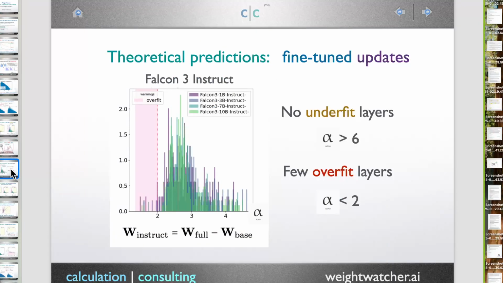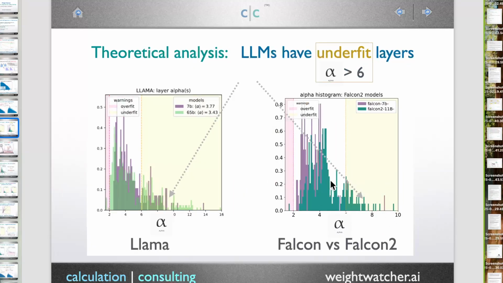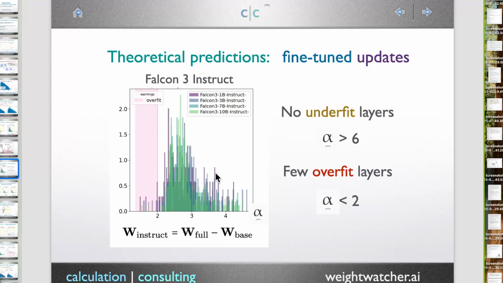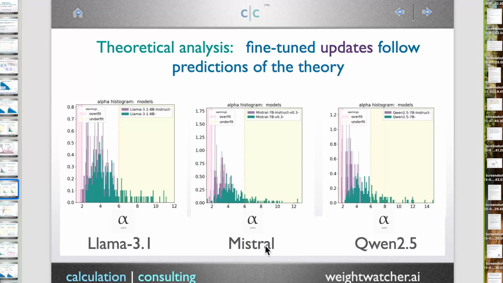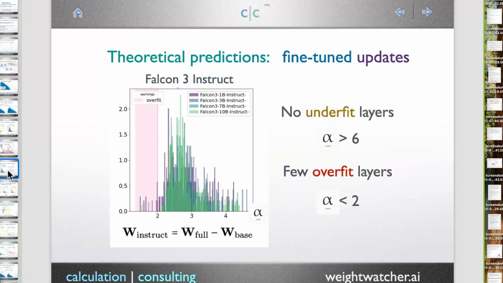One of the implications is when you're trying to fine tune models. This is instruction fine tuning. You can do instruction fine tuning on a model like 3, which has lots of underfit layers. But what does it mean? It turns out in almost all instruction fine tuned models, Llama, Mistral, Qwen, Falcon, when you look across them, the alphas lie between 2 and 4, some maybe 2 and 6. They're in this tight, safe range. So one of the things we think is that if you're going to do large scale fine tuning, you want all the alphas to be in this range.